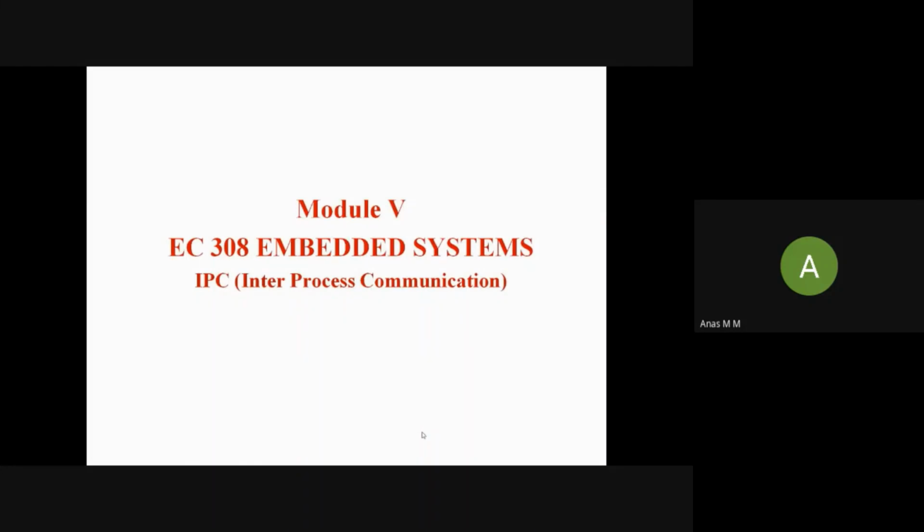Good morning. So, today we are going to continue our topic from Module 5, Interprocess Communication. So, this was the syllabus. We need to cover the concepts in interprocess communication. We have gone through the concepts of process, tasks, and threads, and what is shared data. And now we are going to the concepts of signals, semaphore, message queue, mailboxes, pipes, sockets, and remote procedure call.